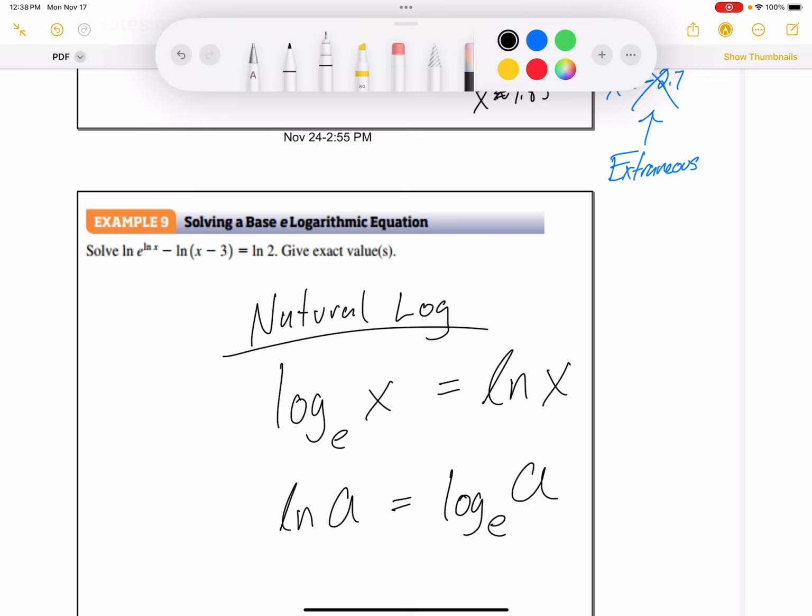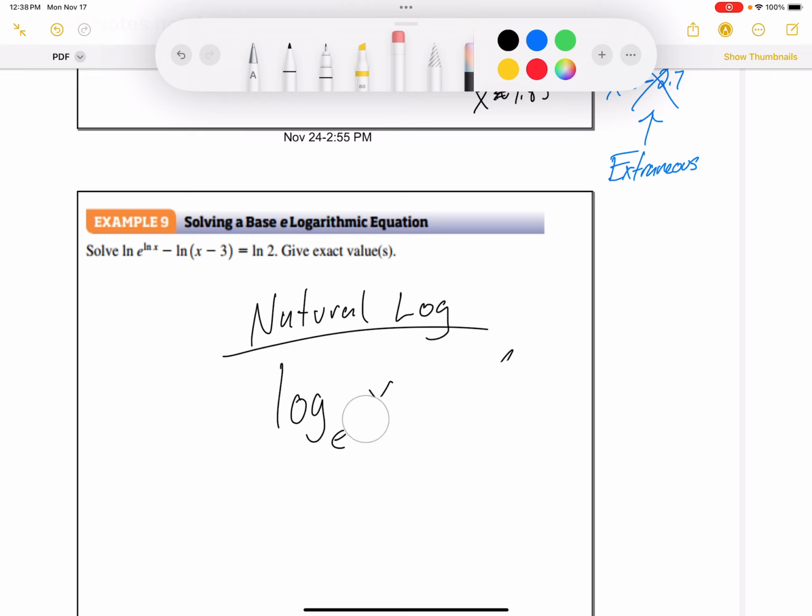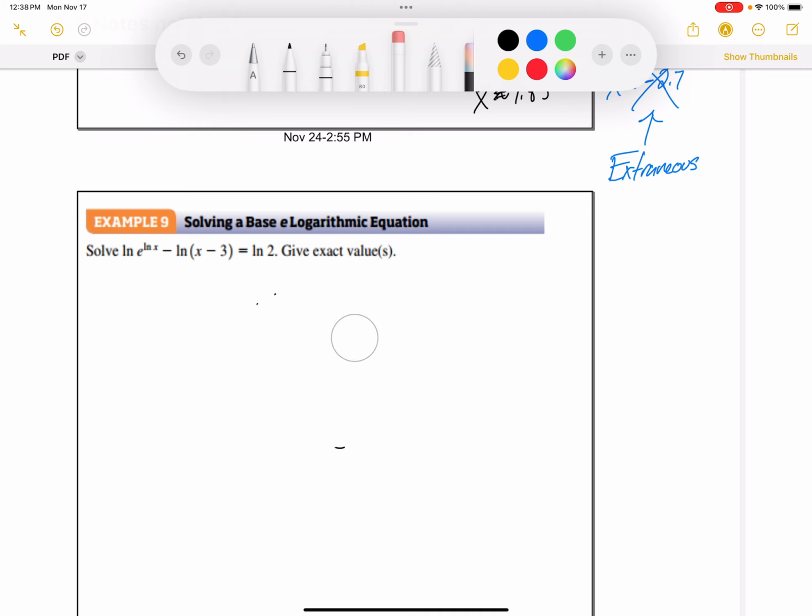Just like common log, except it's not a 10, it's an e, and they write it differently. So when you're doing these, you should really think about this. What this means is log base e of e to the ln x